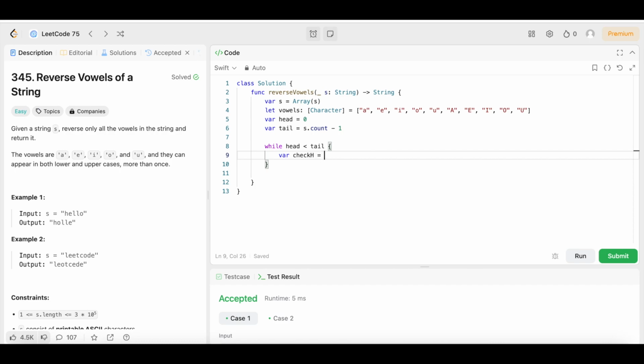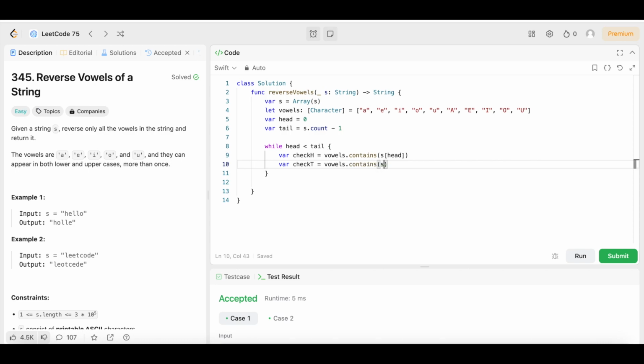To do that, we're going to say checkH equals vowels.contains, then we're going to say s[head]. Then we're going to do the same thing for tail, and we're going to say var checkT equals, excuse the typo. We're going to say checkT is equal to vowels.contains